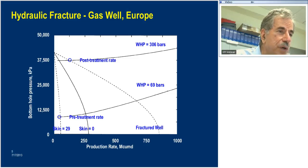So this one was hydraulically fractured and tested after the treatment, and you see the production after the treatment went up to close to, I guess, about 100,000 cubic meters per day, but at the wellhead pressure of 306 bars. In this particular case, the separator they had could not handle higher rates, so they couldn't open the choke and lower the wellhead pressure. But if you are able to handle the high rate, you will have much higher production